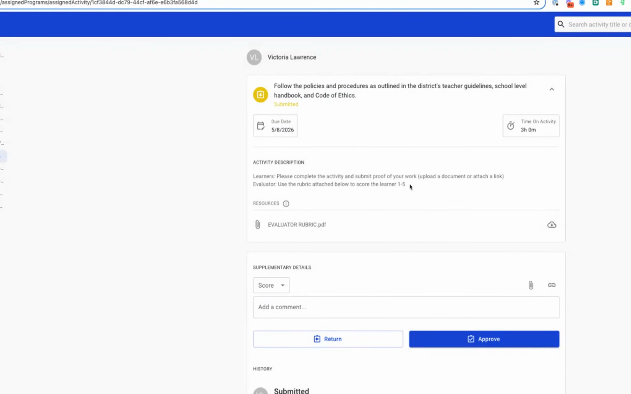I have instructions here, as well as a rubric that has been attached that I can utilize to understand how to appropriately provide a score. I can score this learner between 1 to 5. I can also attach a document or PDF, or provide a link. I can comment to the learner and either return this to the learner to continue working on it or approve